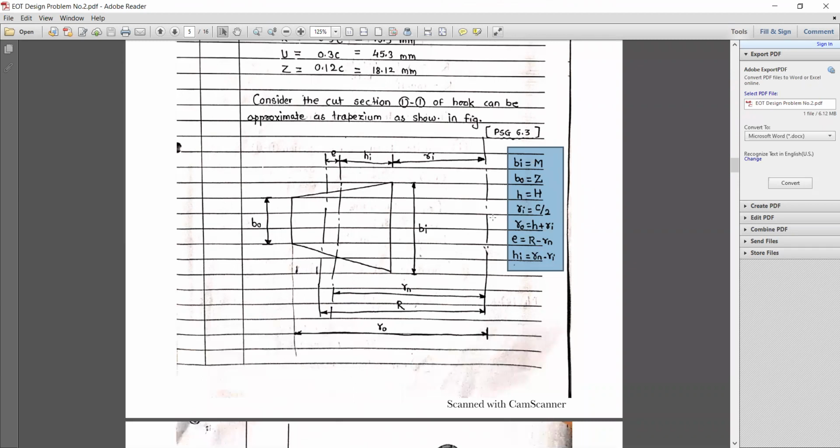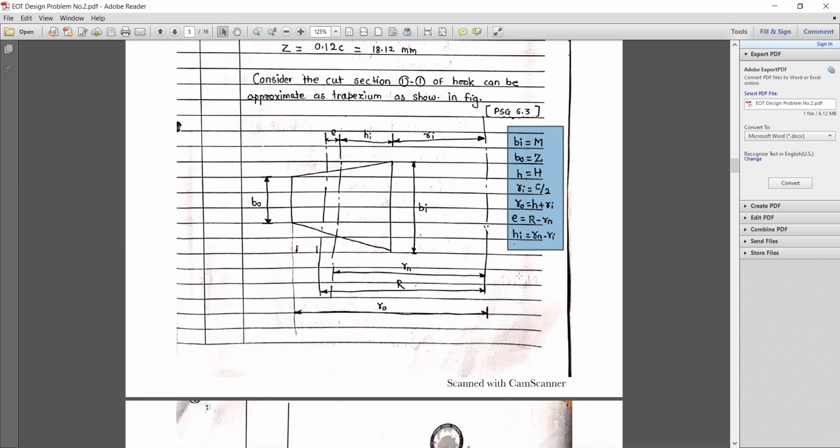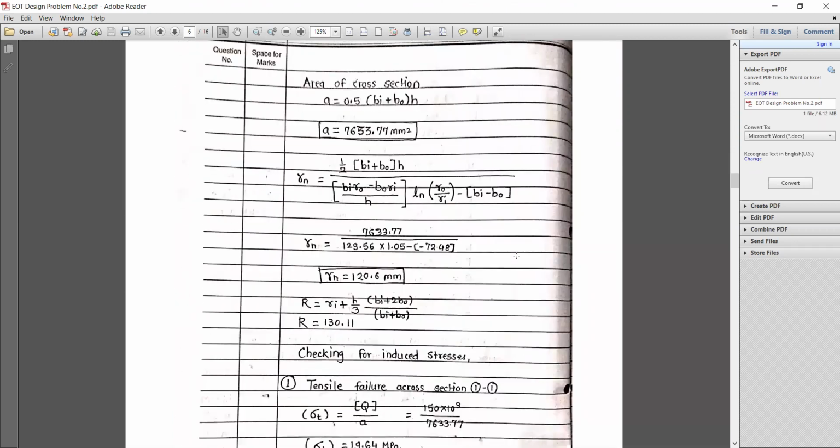Okay, you can refer to and use these direct empirical relations so that you can save your time in design. The area of cross section, which is given in the PSG design data book page number 6.2, is A equal to 0.5 (Bi plus Bo) into H. Putting all the values, what we get, A is equal to